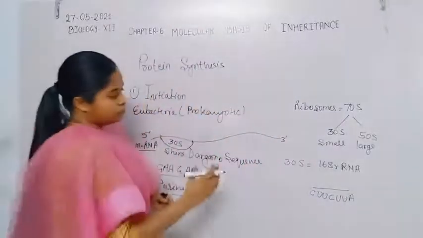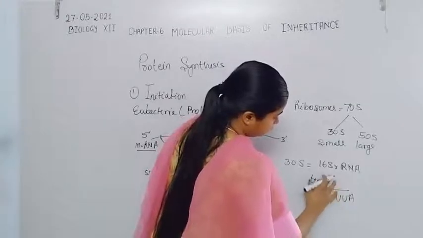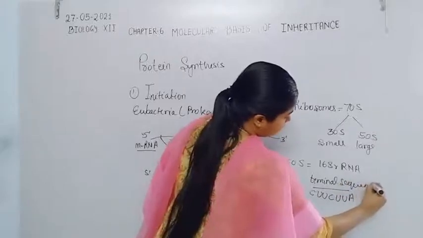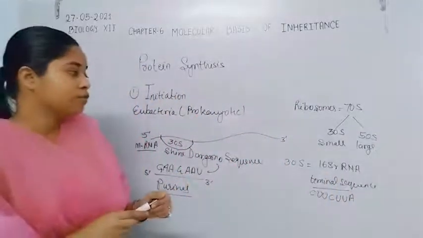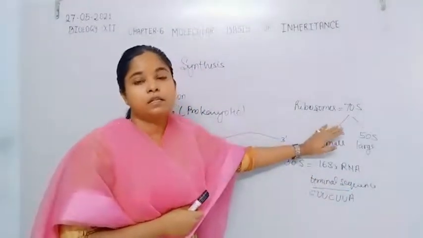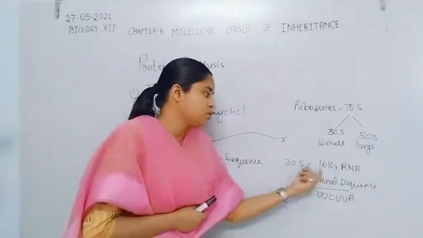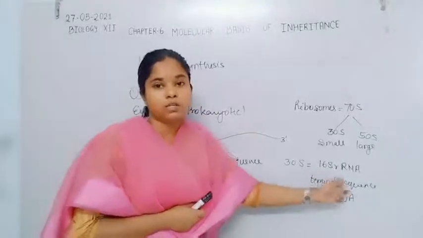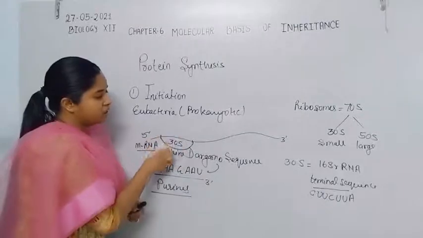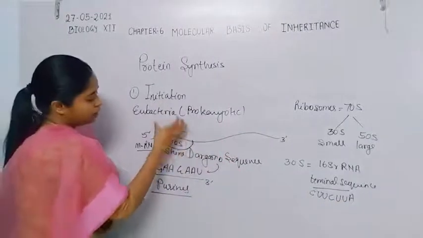So this terminal sequence is present at the region of the 16S rRNA of the small subunit of the 70S type of ribosome. Through this region of the 30S subunit, also said to be through the 16S rRNA, the small subunit binds at the Shine-Dalgarno sequence, because it has a sequence that is complementary to